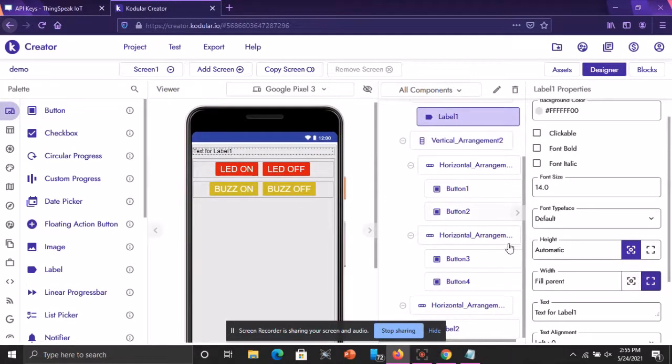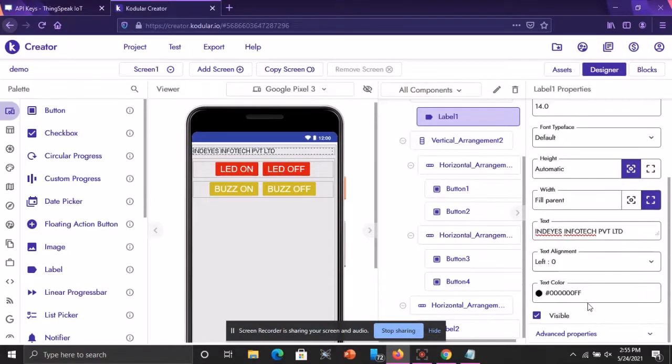Changing the width of the label and the text of the label. Label will be Indice Infotech Pvt Ltd Private Limited. Enter. And the text alignment will be center.